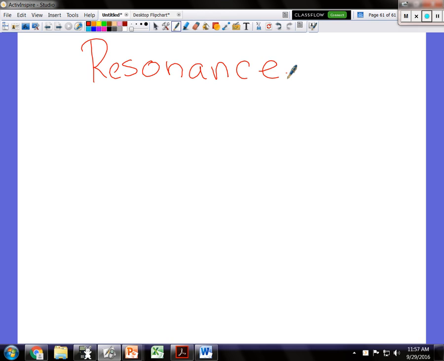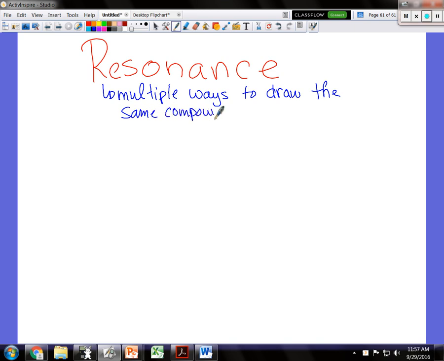Resonance. Okay. Here's what resonance is: it's multiple ways to draw the same compound with the, help me out of how to word this, I want to say double bonds and triple bonds. Would you guys be okay if I say the multiple bonds? Okay. The quote multiple bonds in different